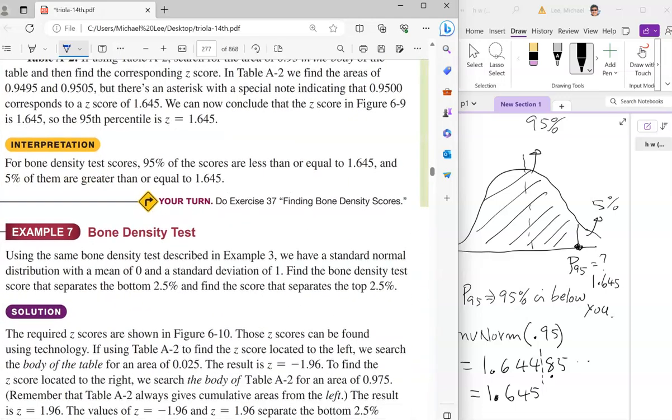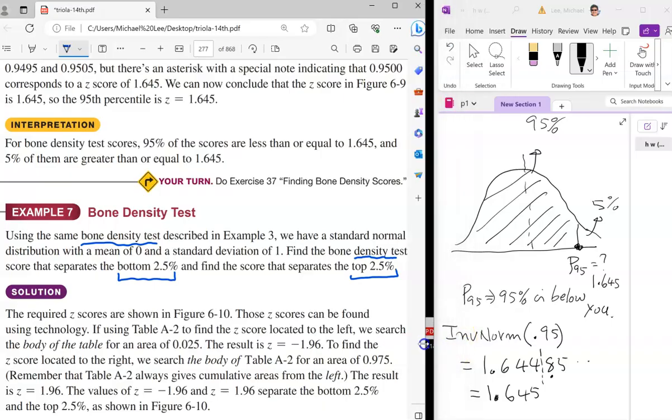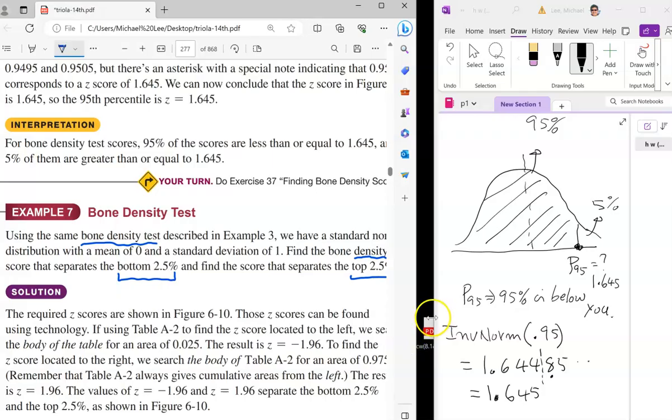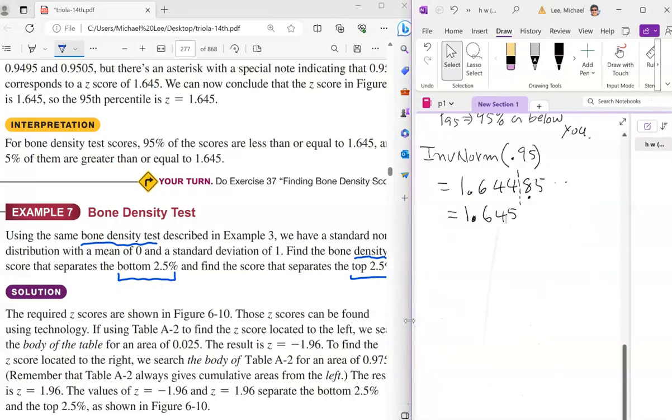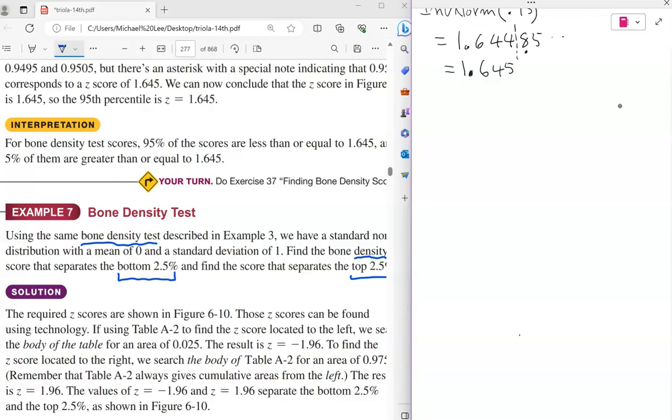Now, let's get the next one. Using the same bone density, find the bone density test code that separates the bottom 2.5% and find the top 2.5%. So what is the meaning of this question? Bottom 2.5 and top 2.5. So the meaning of this question is here. You have,